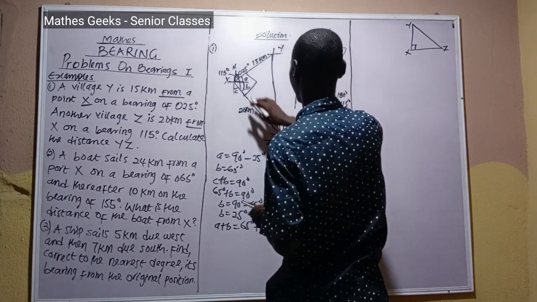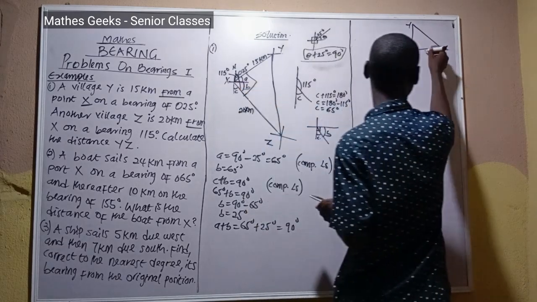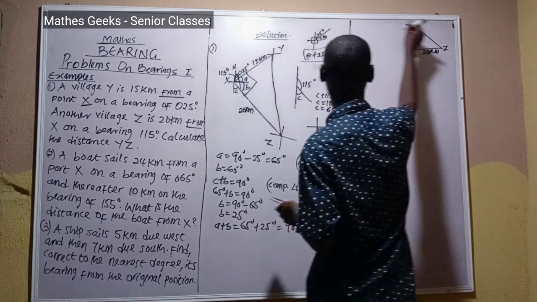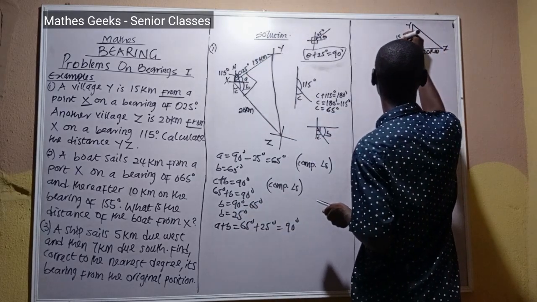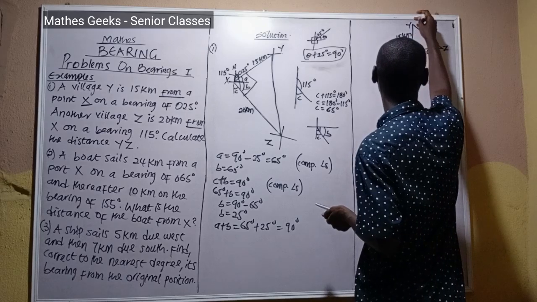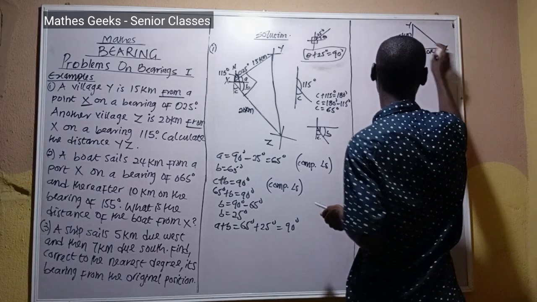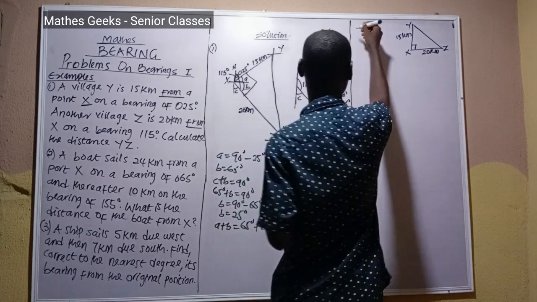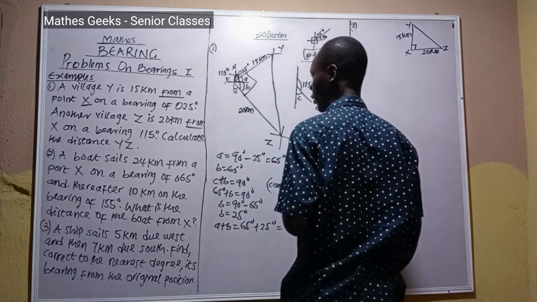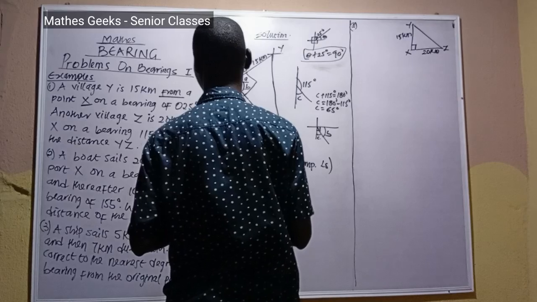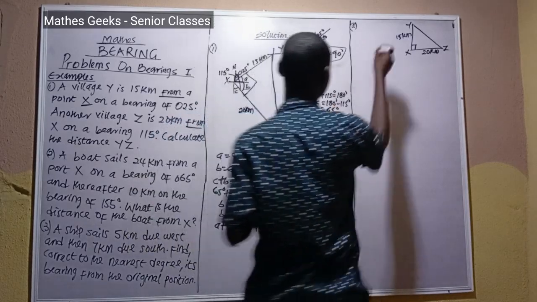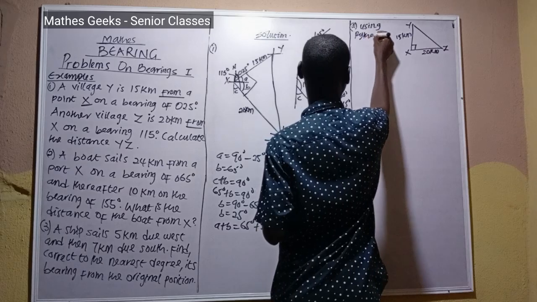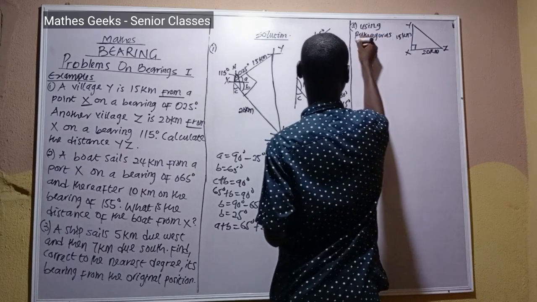So XZ is 20 kilometers, and XY is 15 kilometers, and we are to calculate the distance between Y and Z. Since we have a right angle triangle, we're going to use Pythagoras theorem. Since the question says we should find the distance YZ, using Pythagoras theorem,